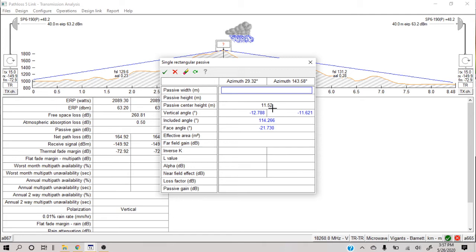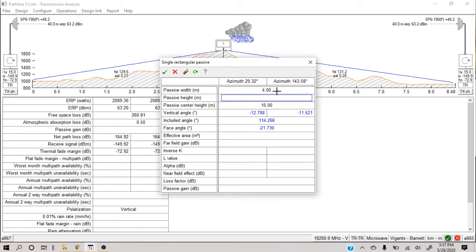Using the same antenna height, it has proposed a center height of 11.52 meters. But if required, you can change this height as well. You can make it 10 meters or 15 meters, but this height will not have a lot of effect on anything. The main effect will come from these two heights.